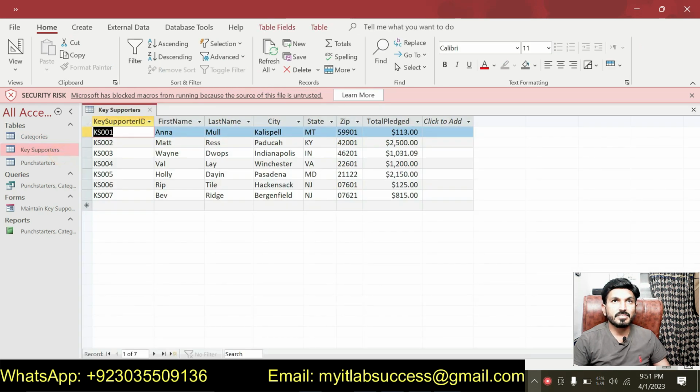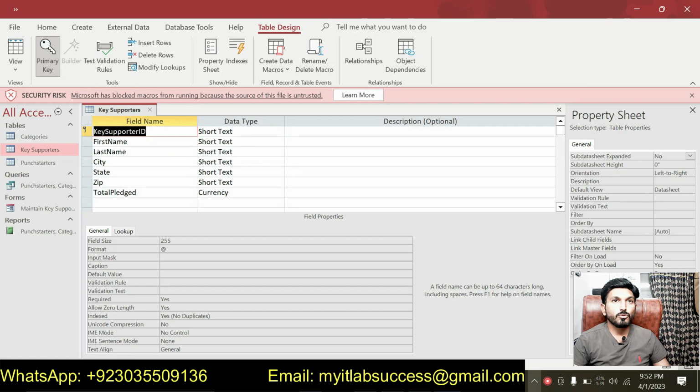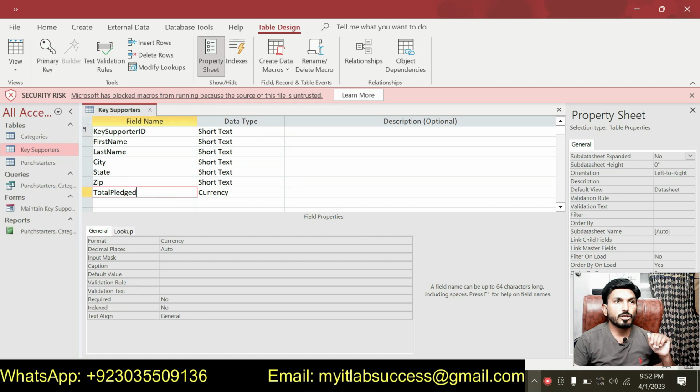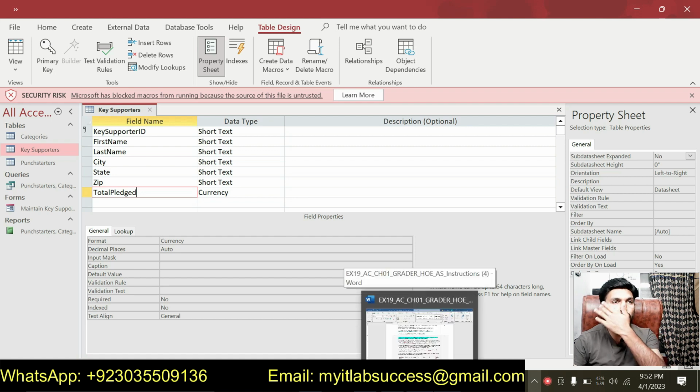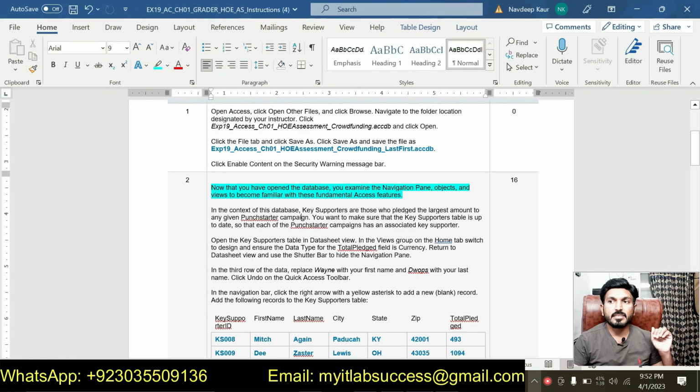So now this is in datasheet view. So we will make it design view. So click on design view. We are supposed to check the data type for the total pledge field. So this is the total pledge field and we are supposed to format this as currency. So it is already formatted as currency. So that is where we will move to the next thing, and the next thing is